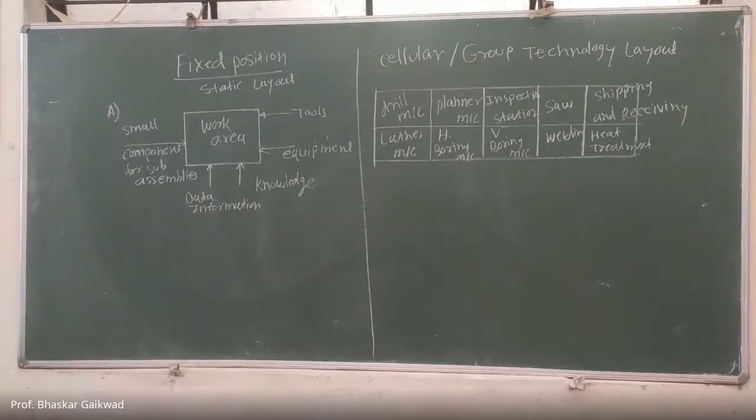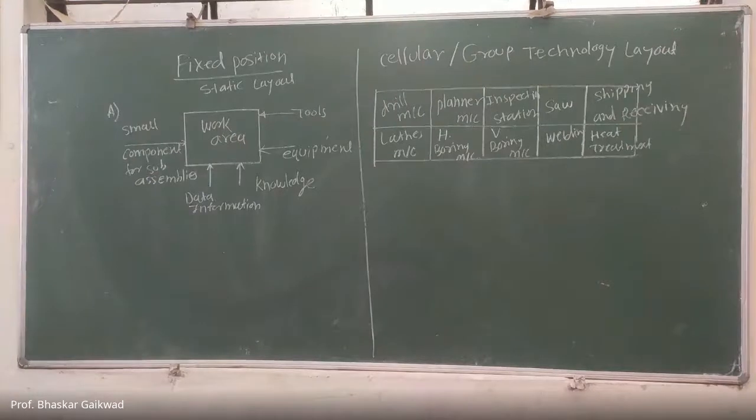But at the same time, this product or line layout has certain disadvantages. Initially, the installation of this line or product layout is very expensive. The initial cost is very high. Now, this line layout is inflexible. We cannot change it, and it is very difficult for supervisors. Expansion is not possible, and if any breakdown happens in the line, the total line will stop.